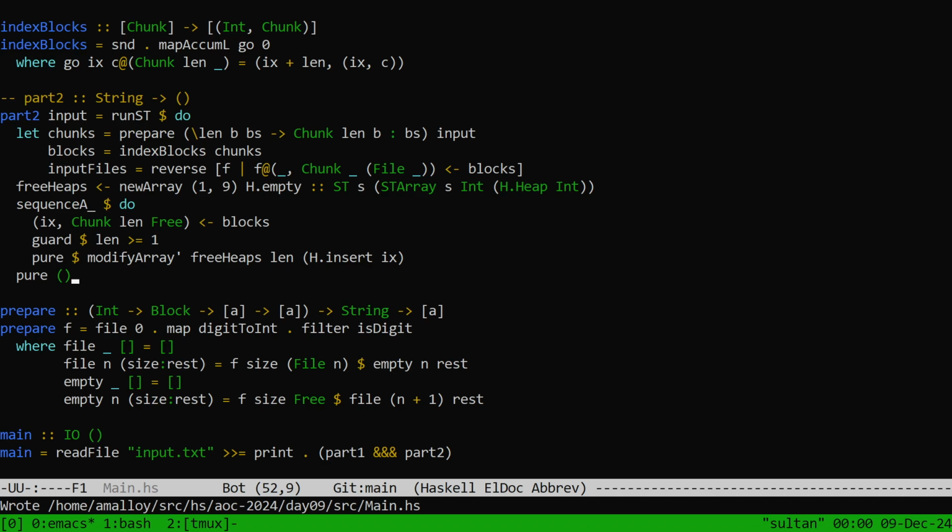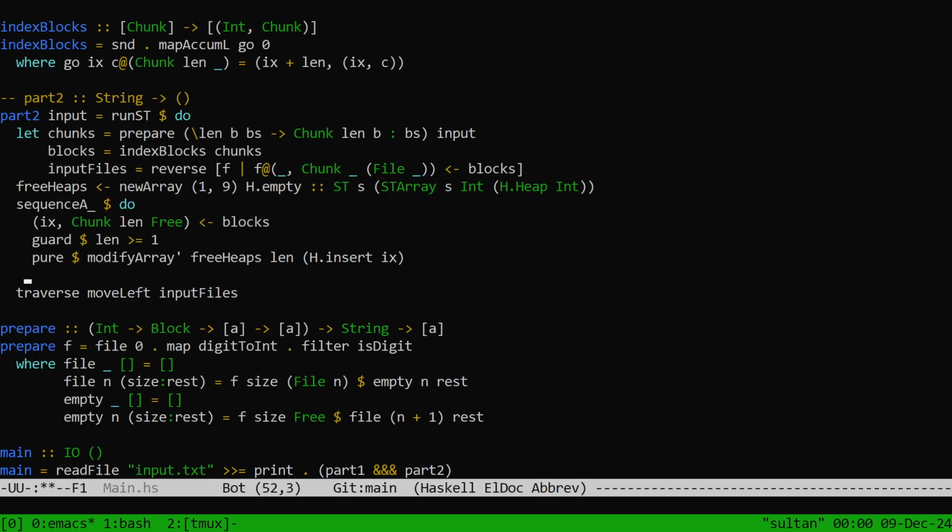Because I want to map over the list of files, producing a value and some side effects for each of them. And that is what traverse will do for me. Traverse, move left, input files, let move left of